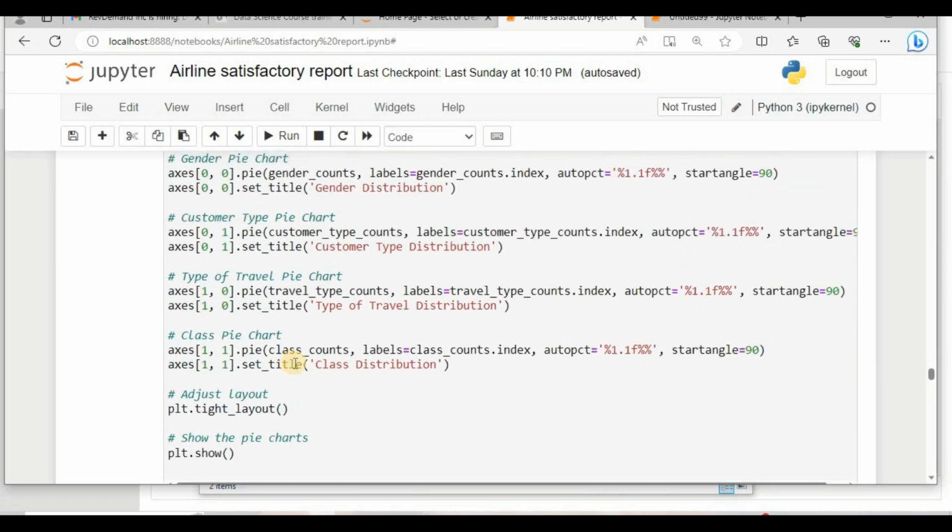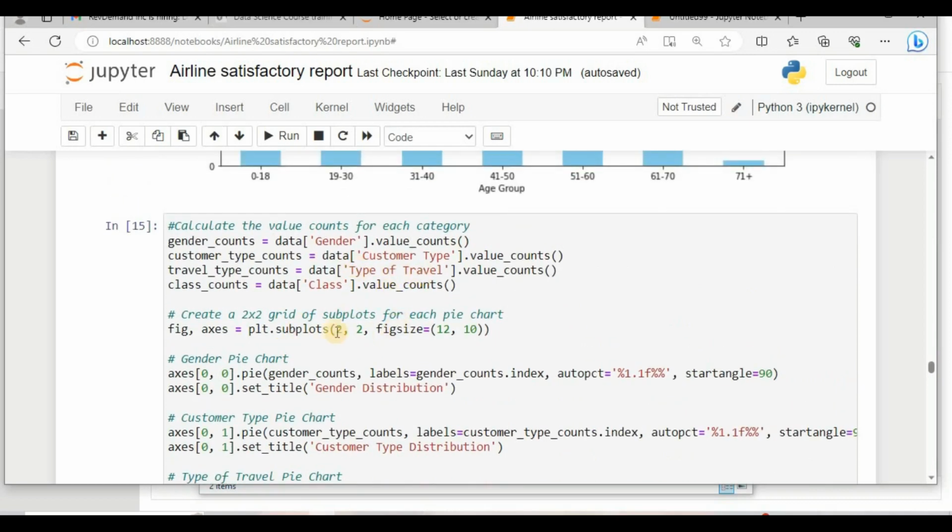So if I have to explain this chart a little bit, you are creating a pie chart for each category variable, for each subplot here. So it is a 2 by 2 grid figure. If you go in here, 2 by 2, like in one place you can find 2 pie charts in one area and 2 down from them. So in 12 by 10 we have to fit 4 charts there. And we are creating an individual pie chart for each category.